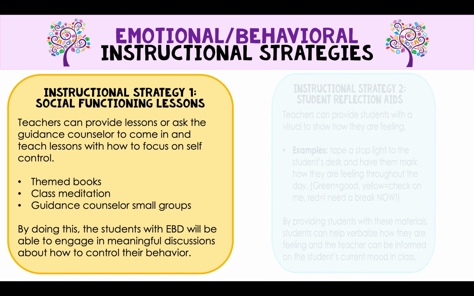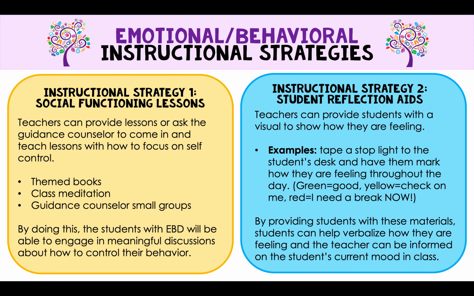Another strategy teachers could use is a visual reflective aid. Teachers can use some sort of a visual for the student to utilize to show their feelings throughout the day. Students can use a chip or a dry erase marker to document their feelings, and the teacher can be informed on whether the student needs a break or if they're doing okay. Some examples of these are stoplights, smiley faces, or a color spectrum with the key for feelings. When the teacher sees that a student is feeling frustrated or is in the red, they can send them away for a break to try to prevent some behaviors that may come out.